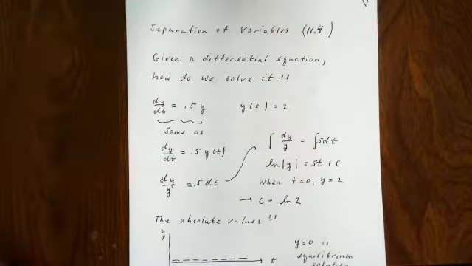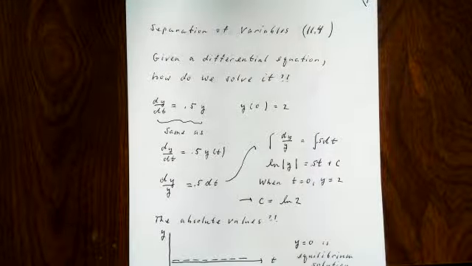In section 11.1, we were introduced to the idea of differential equations, and in sections 11.2 and 11.3, we discussed Euler's method and slope fields and the idea of equilibrium values. Section 11.4 is about separation of variables, which is a powerful technique for actually solving a differential equation. In other words, if we start with a differential equation, is there a way to go about finding an actual